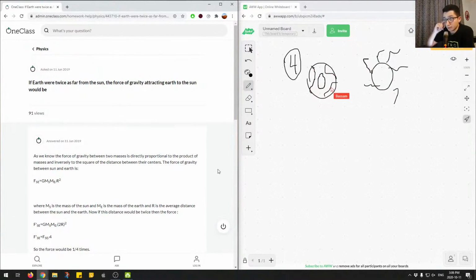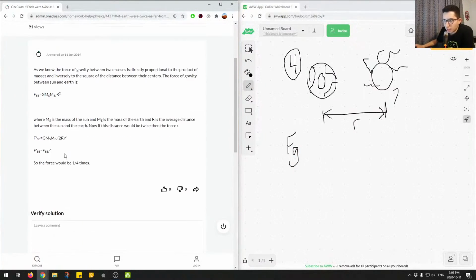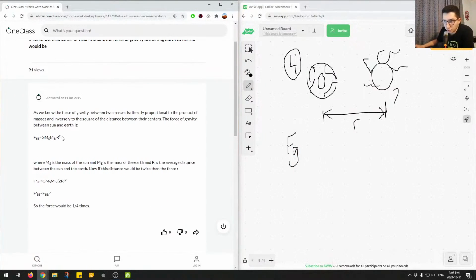If the Earth was twice as far from the Sun, the force of gravity attracting Earth to the Sun would be... So we're trying to think about, we have some distance r, and we have the force of gravity between these two objects, the Earth and the Sun, and we have the distance r between them. So let's look at the attempted solution by the junior tutor, and we'll look at how to come about